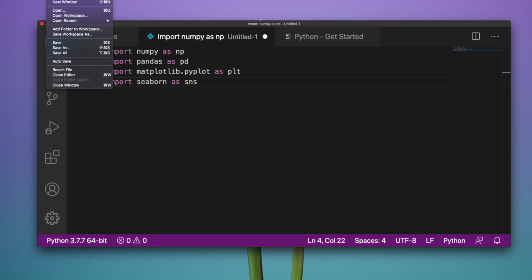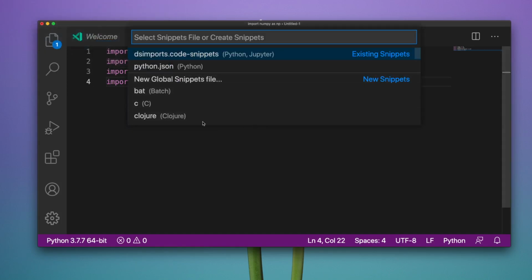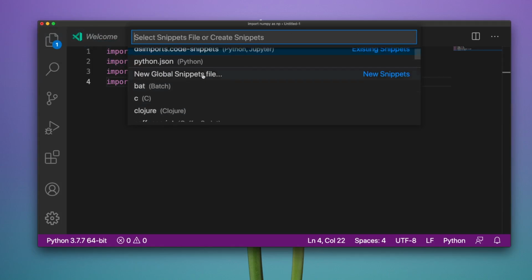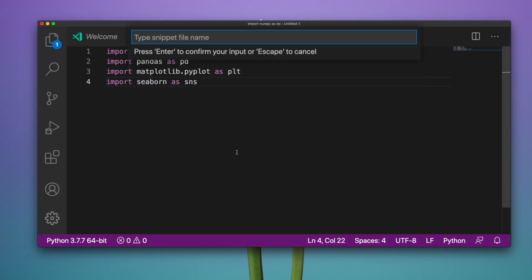First, if you are on Windows, you have to go to File. If you are on Mac, you have to go to VS Code and then go to User Snippets. Once you go to user snippets, it's going to show you the existing snippets, and it's going to ask you whether you want a global snippet or a language-specific snippet. If there are multiple things that you want only for a particular language, and you don't want to make them available for any language, you can make it local and language specific, or you can create a global snippet. So let's go ahead and create a global snippet.